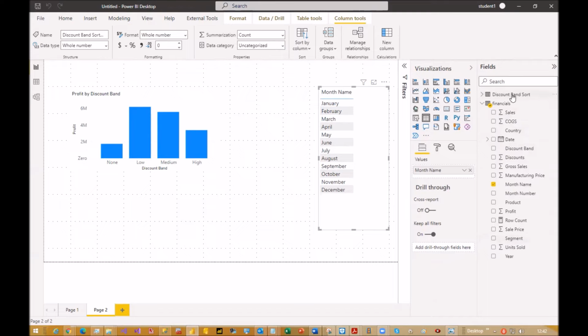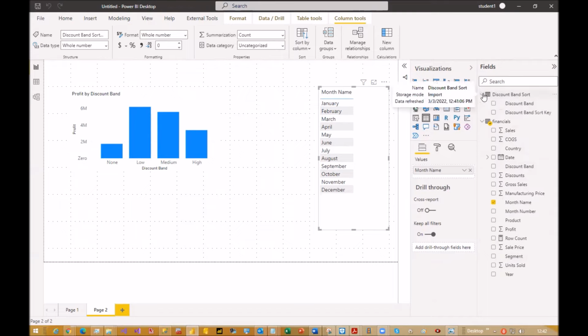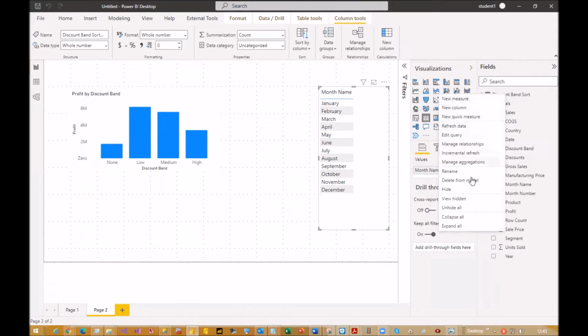The other thing is this discount band sort table here has been imported from Power Query into Power BI. It's not doing anything useful down here. It served its purpose in Power Query, but it's not needed down here. It's frankly just littering the space. A quick way to get rid of this is you can right click and you get the option delete from model. So it's going to delete from the data model,